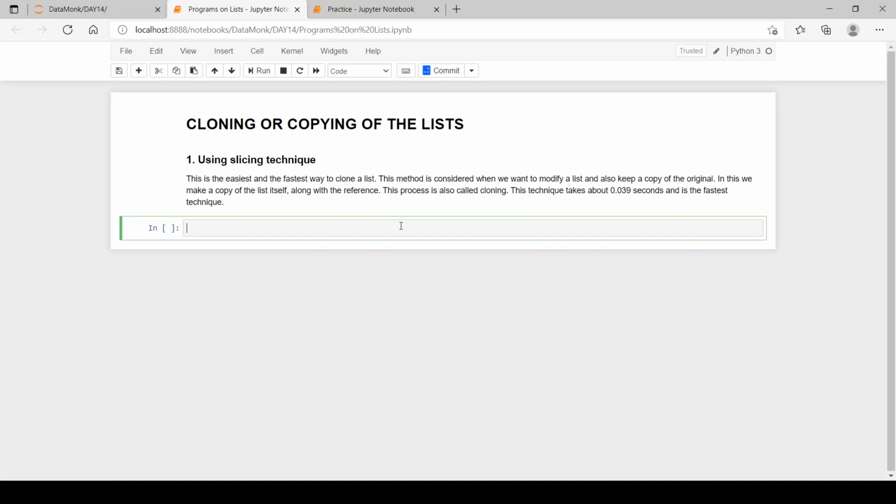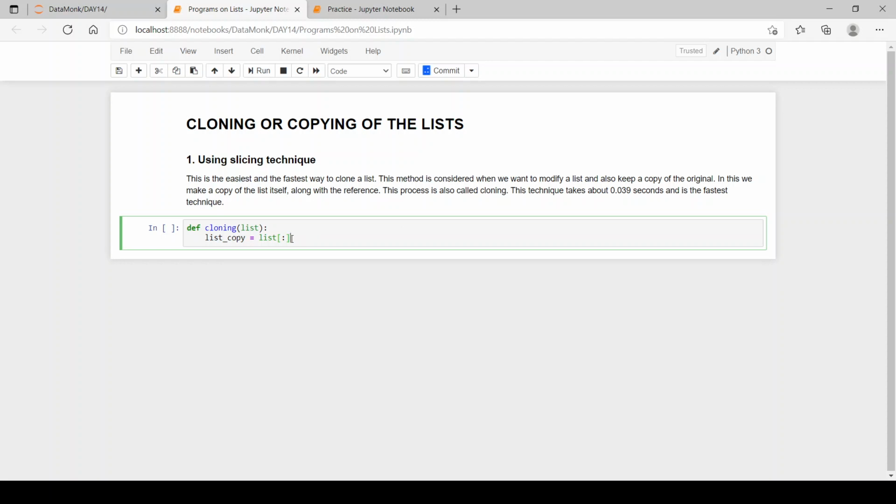Now, let's see how we can clone the list. For that, we'll define a function called cloning. We'll pass in the argument as list. Then we'll write list_copy equals list[:], the list which we had, and just clone it.